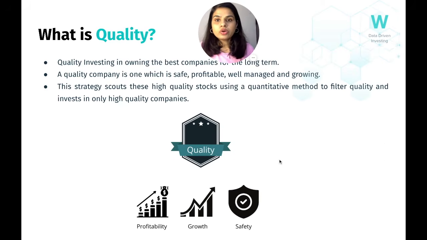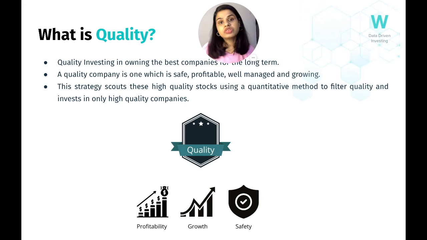So having talked about the small cap portfolio, the third portfolio that we offer is the quality portfolio. Now a lot of investors do not want to do trend investing. They want to invest into high quality companies, companies that have been showing very good fundamental strength. So this is the portfolio that we have created for those type of investors. How do you measure the quality of a company?